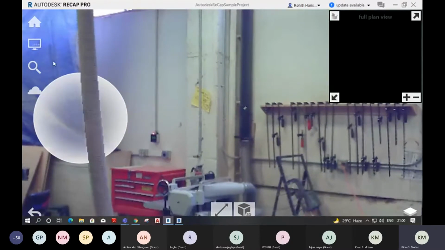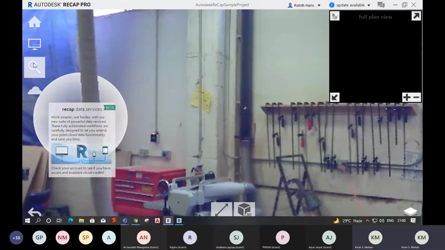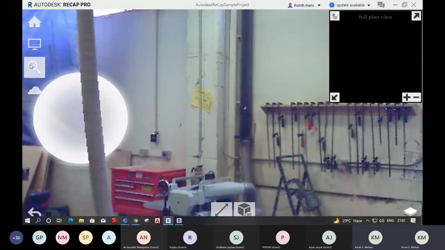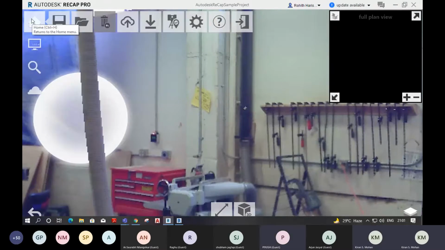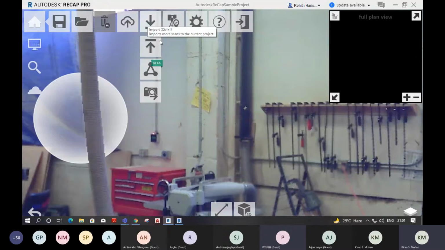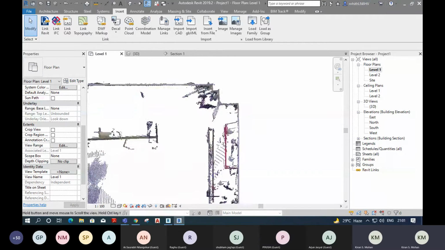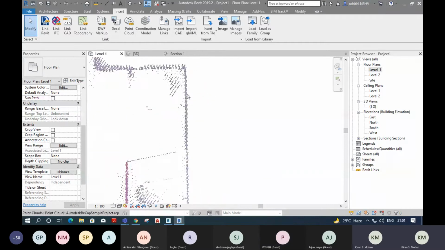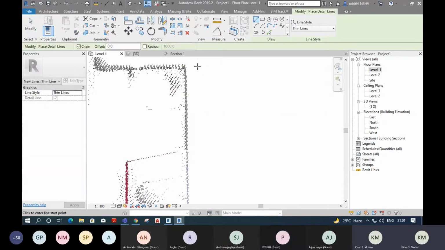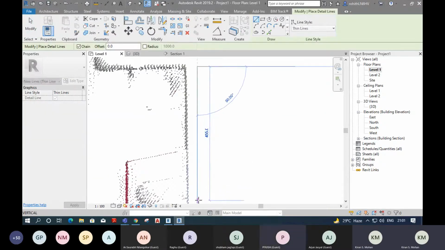And one more thing, sir. How to calculate the thickness of walls? Since we cannot, you have to measure it from the Revit. See, here you cannot see the thickness of the wall, right? Because we have the scan data from only inside the building. If you have the scan data from outside the building also, then you will get another line here. Like this, you will get another line in this location also. So from that data, you can measure the thickness of the wall. But in this case, we don't have scan data from outside the building. So we don't know the thickness.